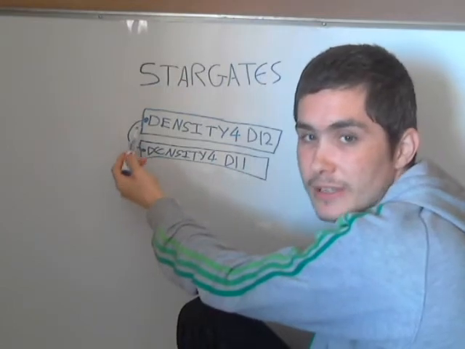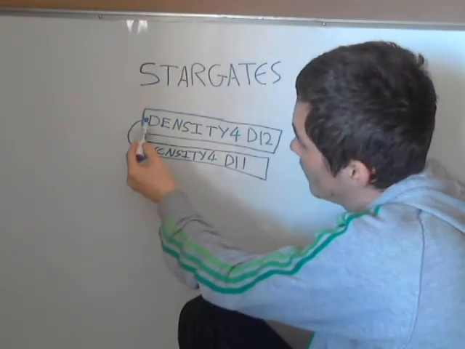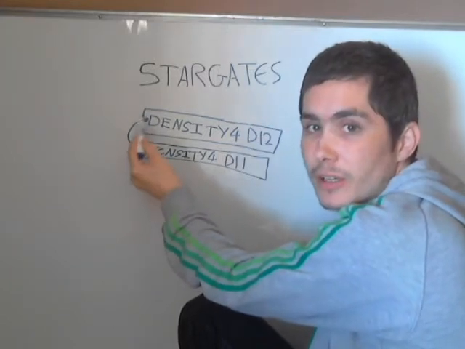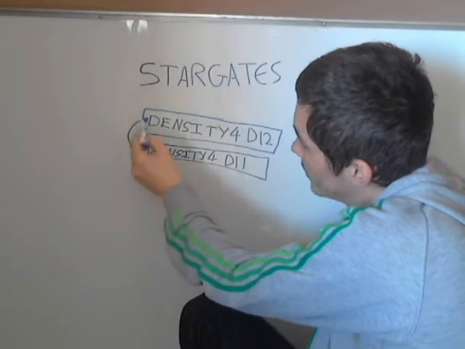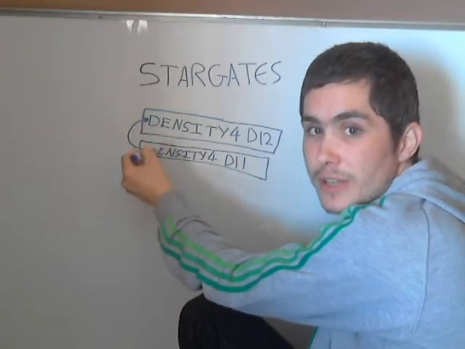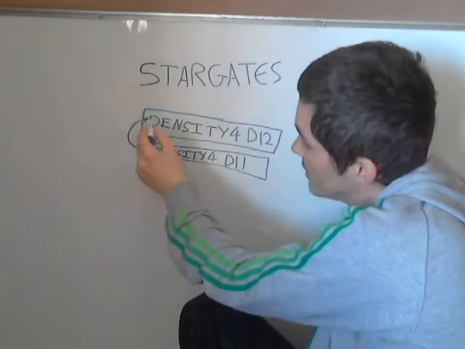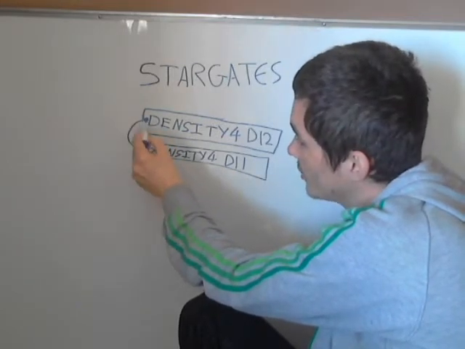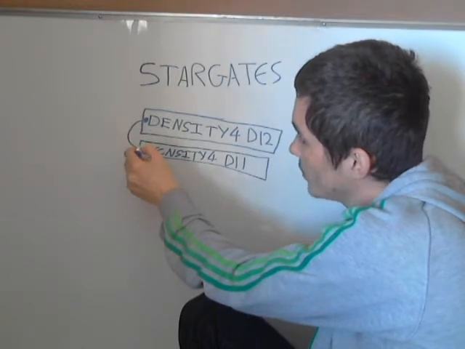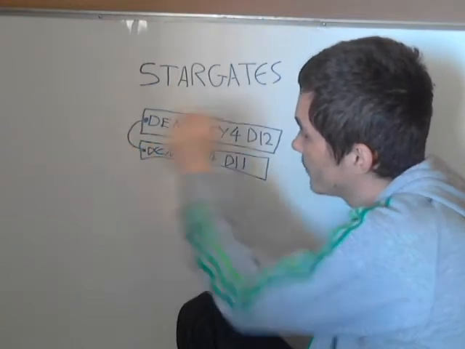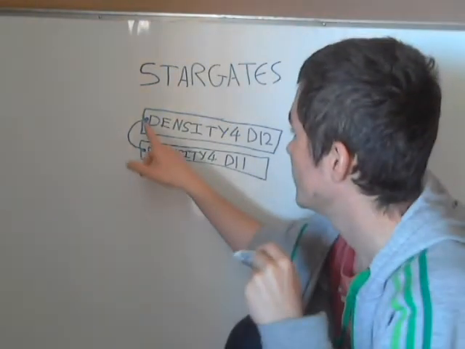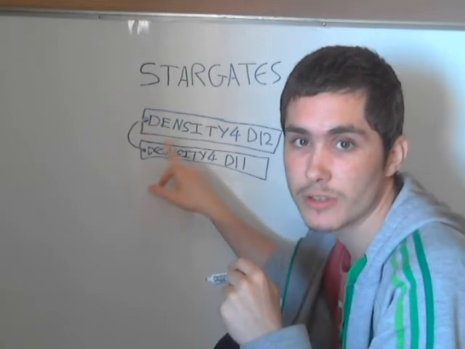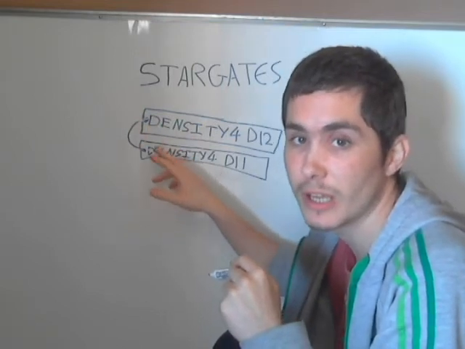And what Stargates act like are portals. And this represents the link between the two. If one wants to travel into this dimension, they travel through this Stargate here, through this energy line or energy portal, into this Stargate here. And this represents a Stargate travel or portal travel into a different reality level.